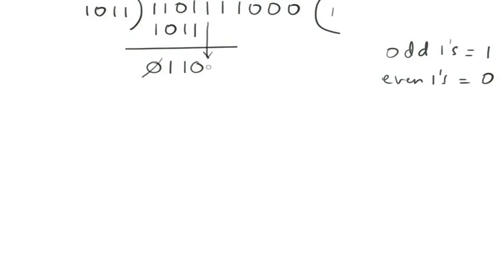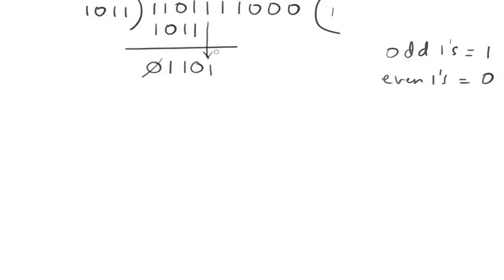So in exclusive OR, we have the rule that whenever we have an odd number of ones, the output should be equal to 1. When you have an even number of ones, the output should be equal to 0. So if you start from here, 1 and 1, we have an even number of ones, so we get a 0 here. Here this is an odd number of ones, so put 1. Here also this is an odd number of ones, so put a 1. So here 1 and 1, this is an even number, so put a 0. In the next step, we need to discard this 0 and bring the next bit down.